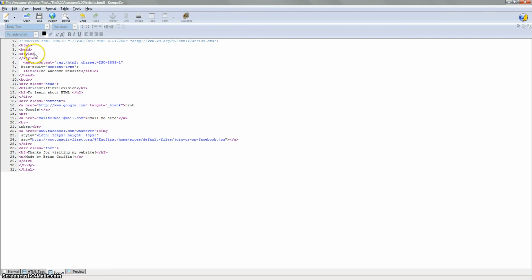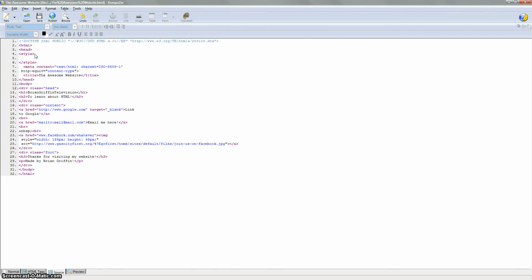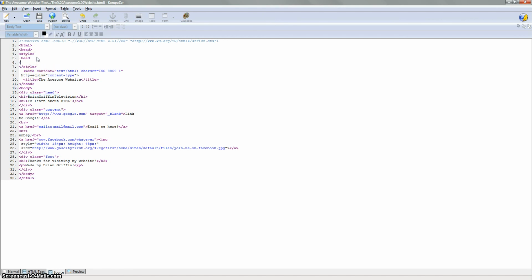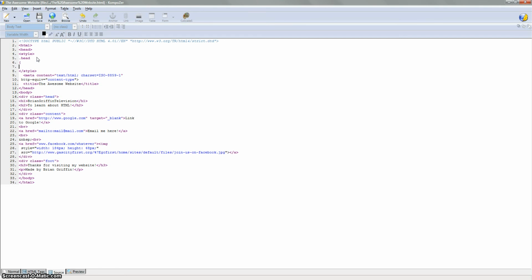Now, in these style tags, you're going to write basically a part of CSS, which is styling sheets. And so basically, it's going to just tell the website what it's doing. So, first, we're going to put dot head. Okay, that is telling the browser that you're styling this head right here. So we're going to put one of these little brackets, okay, and then we're going to put